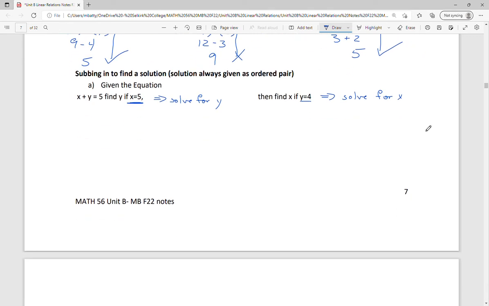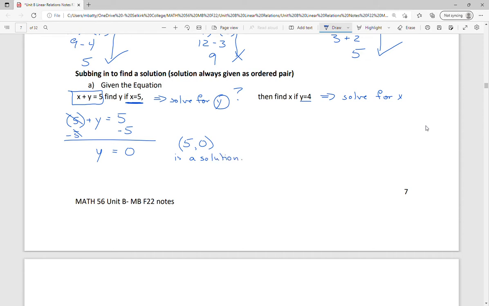So these bottom two are a little bit different. We have, again, another linear equation. And this time, we know what x is equal to, but we don't know what y is equal to. So what I'm going to do is sub in the 5, where I see the x, but the y is still unknown. So I'm going to go through this process of solving for y now. This is why we reviewed the solving with one variable, right? I'd get that y equals 0. So putting this back together as an ordered pair, we would have 5, 0 is a solution,